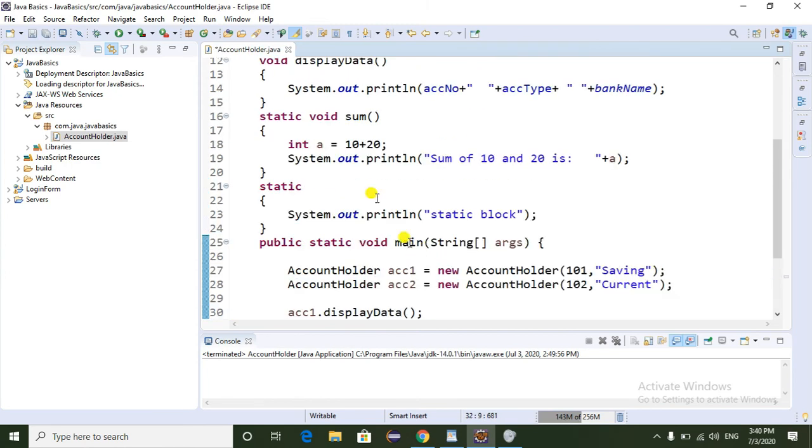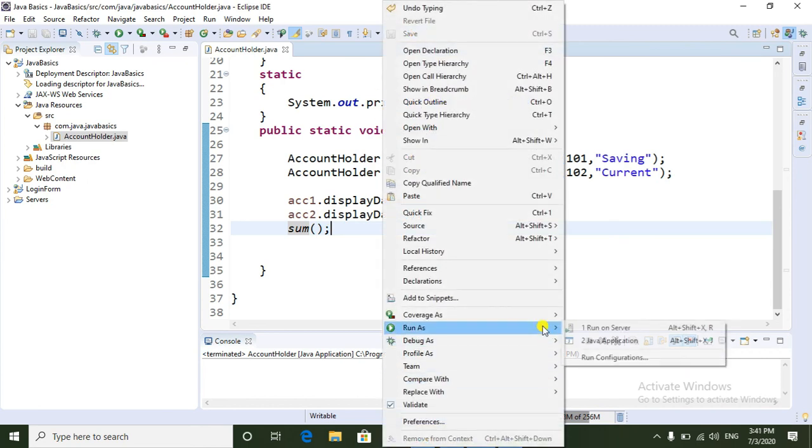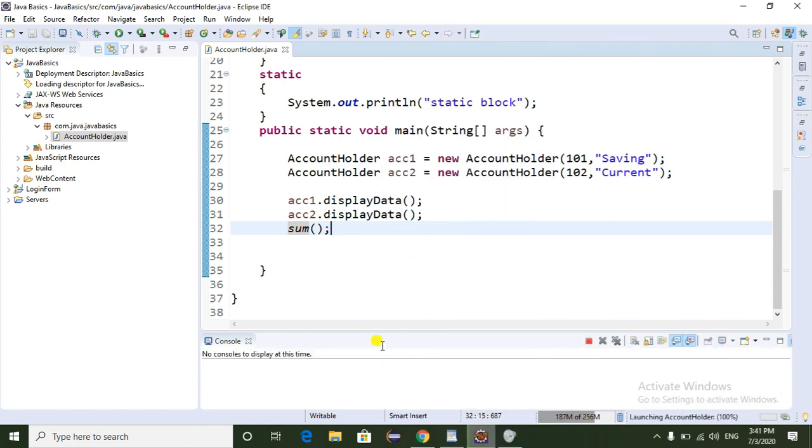Now I am going to call the sum method. So here I am directly calling the sum method because this is nothing but a static method. So in a static method, directly we can call the static method. If it is not a static method, we can call the static method based on the class name dot method name. Now I am going to run the program, run as Java application.